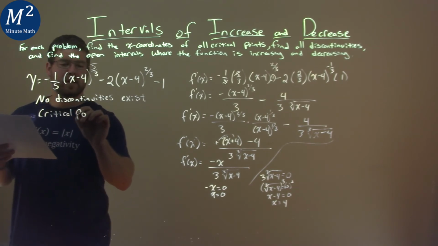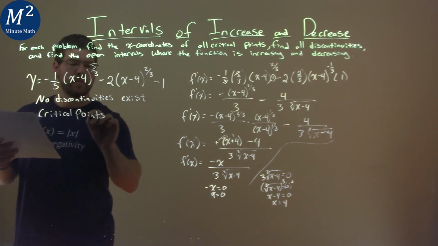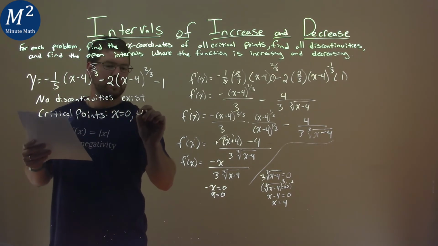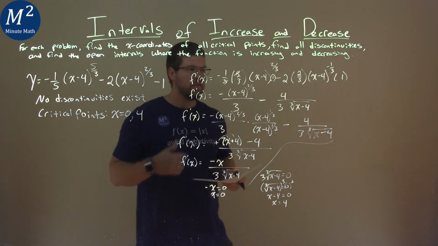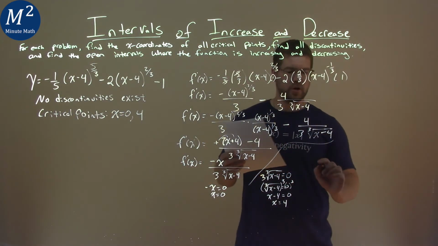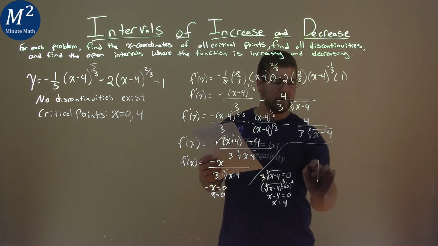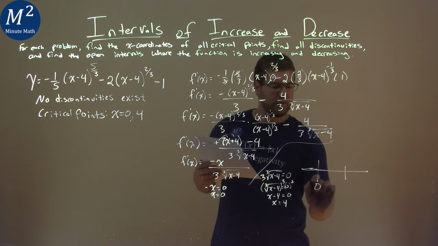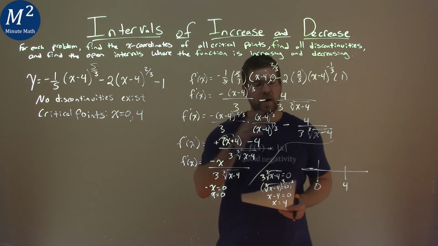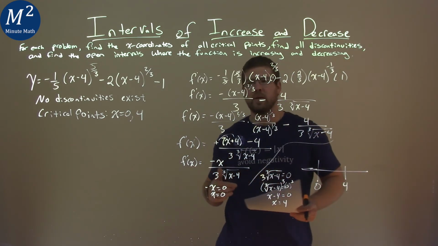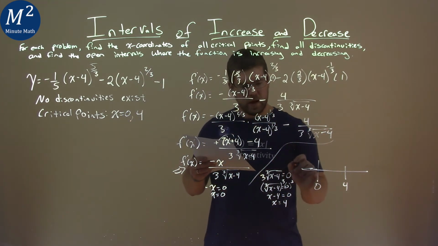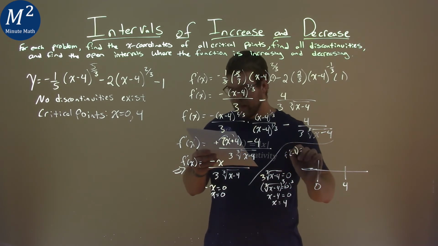Critical points are at x equals 0 and a positive 4. So now we make our handy dandy little chart, which I think I can just fit right here. Make sure it's within my range of my writing. We have 0 and 4. And what we're going to do is find values within these intervals here and plug them into our derivative right there. So I want to find f prime of, I picked a -1, and that came out to be a